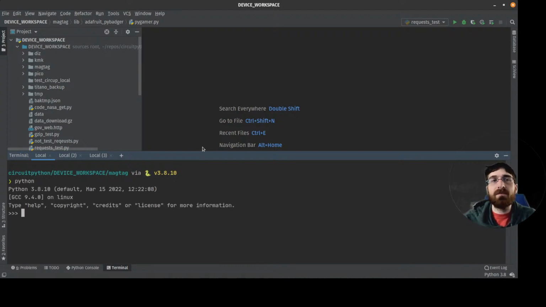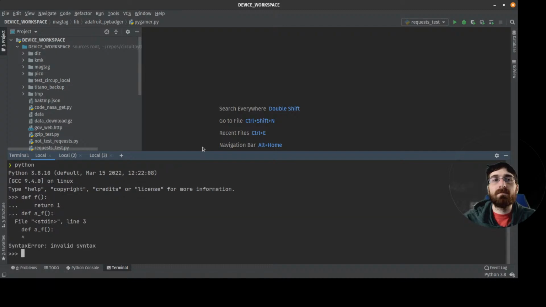Is instance of the return of f? So if f is a def f. Why?